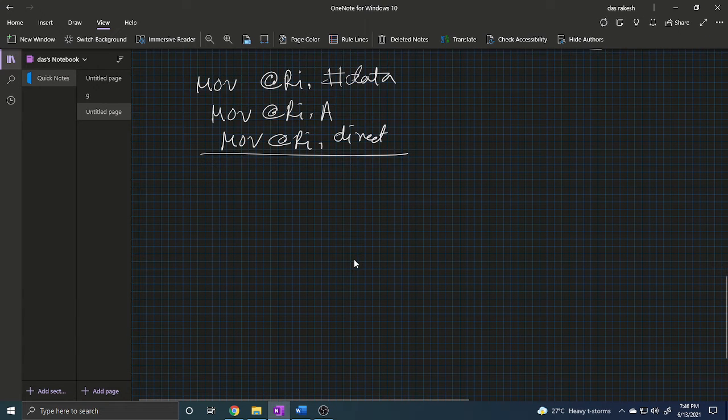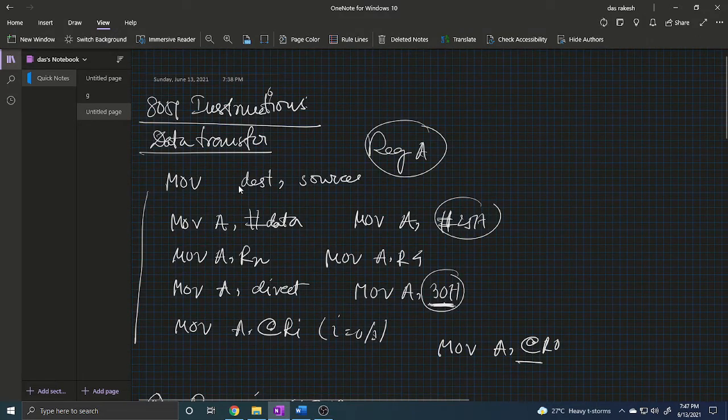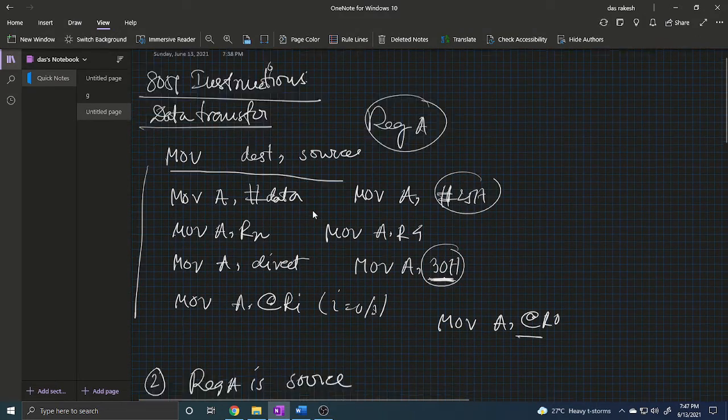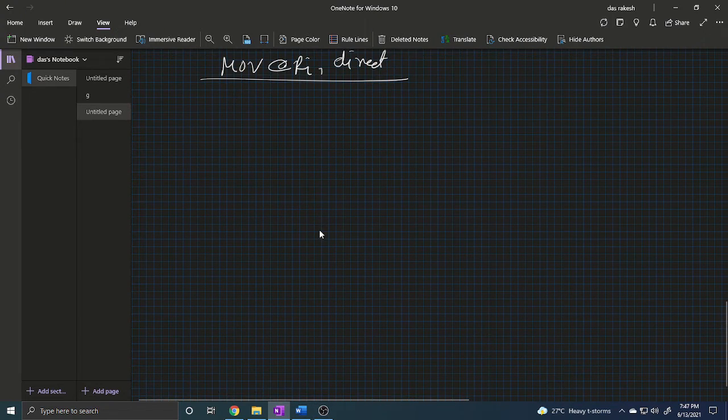So these are the different types of MOV destination and source registers. Now the second type is, so there are basically lots of instructions available for the first MOV destination to source. Now our next instruction type is